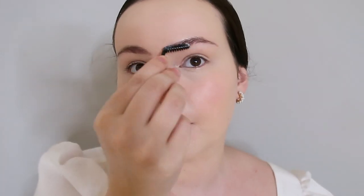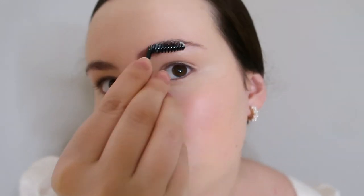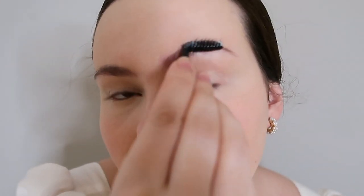Next is brows, and I like a really subtle brow. I don't use a brow pencil or anything at the moment. I've just been using brow soap, and this is by a local company in Vancouver called Beauty Cosmetics. And yeah, I like subtle makeup, subtle features, so I don't like a super bold brow. So basically you just take your little spoolie and put it into the soap, and I just like that really fluffy, subtle brow look. So you're just gonna brush up the hairs,